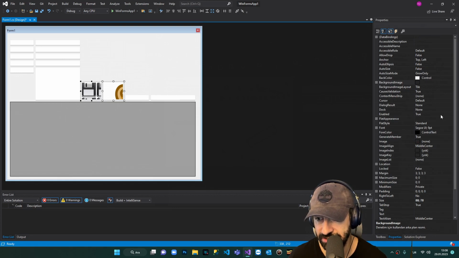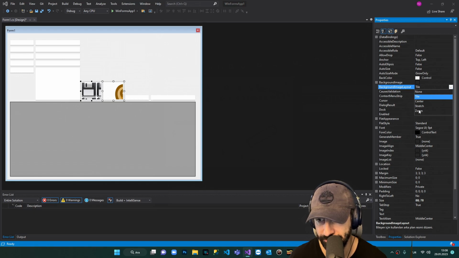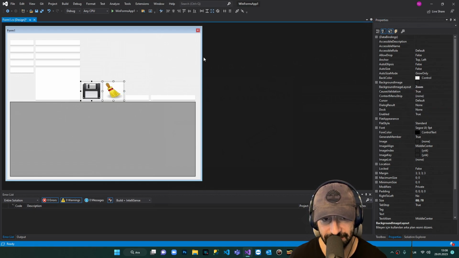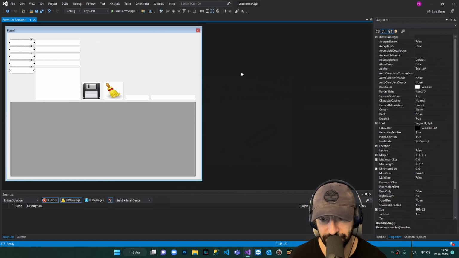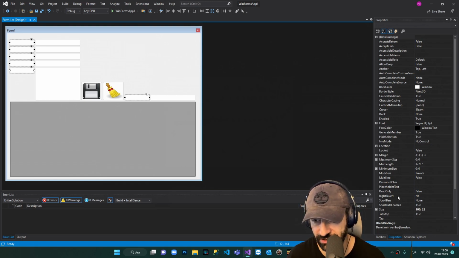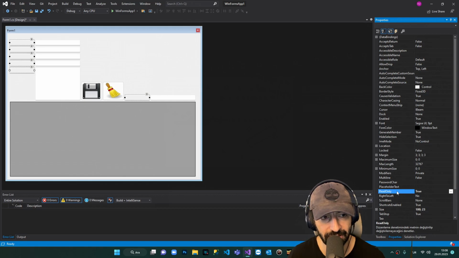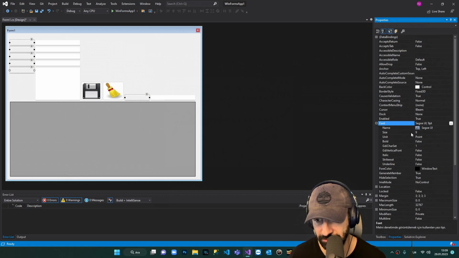And here we say, where is it? Not tile. You see this? Layout. It's gonna be zoom. Okay, we fixed that. And now I'm gonna choose every single text box which is in a small way. Also this one. I'm gonna say read only true. You can choose them to modify them. For font size, it's gonna be bold, true,